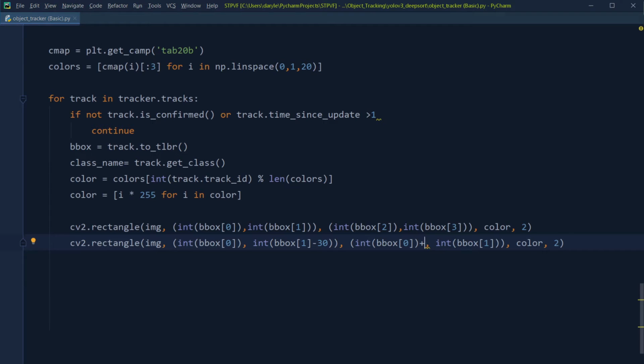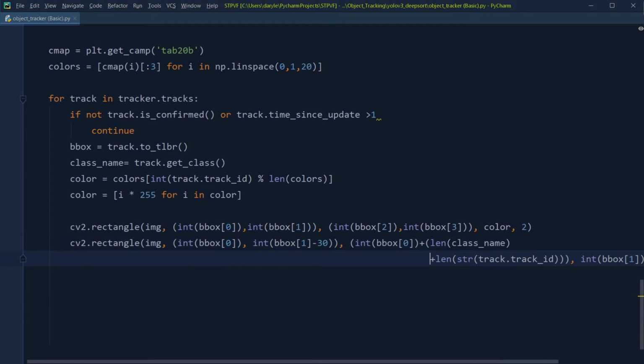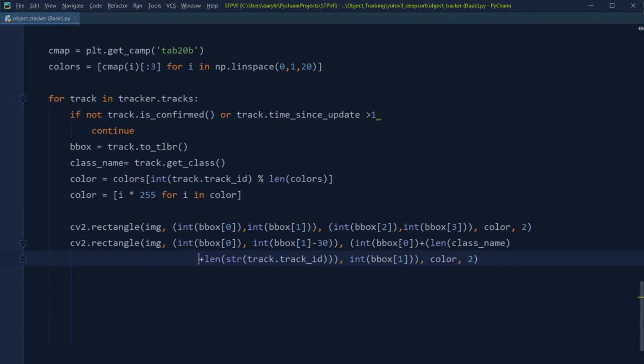So that means here I add the length of the class name, and then plus the length of the string of the track ID. So put it in the next sentence. And then